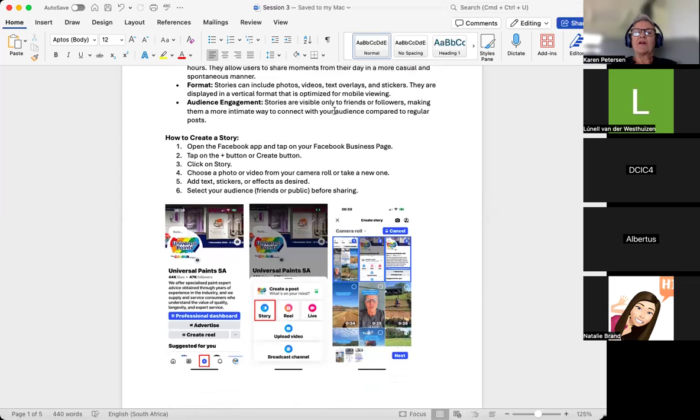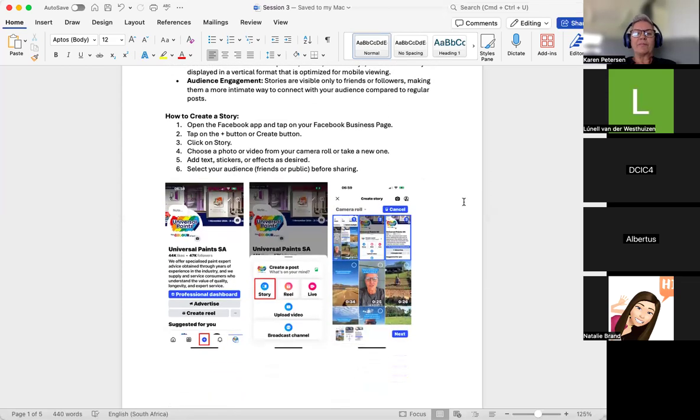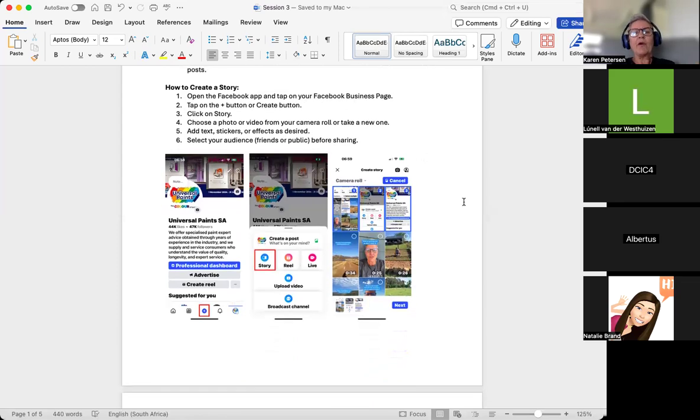And as I said, they're only available to your friends and followers. So it's a more intimate way of sharing. The way you create a story, and I'm going to give this sheet to Nat so she can make it available to all of you. According to your phone, it might be slightly different, but if you follow these guidelines, you will be able